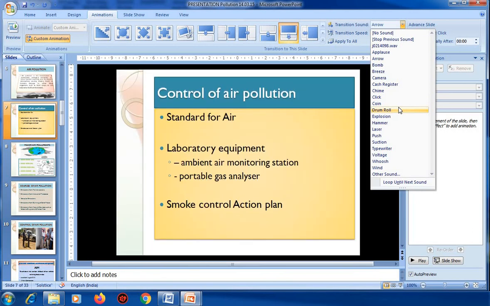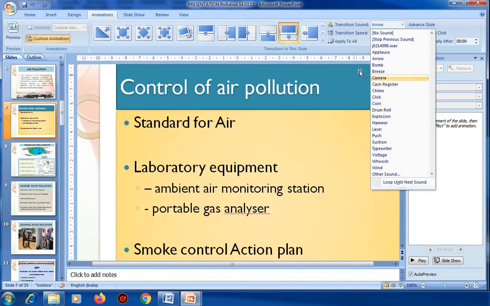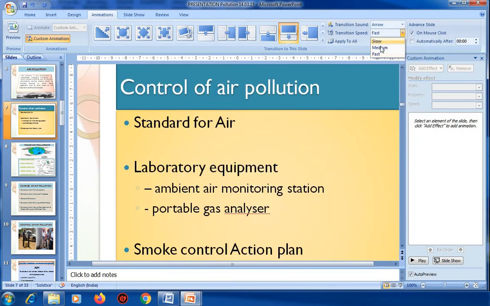Okay, next part, that is modifying the transitions speed. If you want to modify, first of all you go to the animations, then fast and slow. You can see that steps, it is there very fast, medium, slow. So you can modify your speed. That transitions speed you can modify by applying this option. Afterwards you just apply to all transition slides, the selected transitions to all the slides of the presentation.